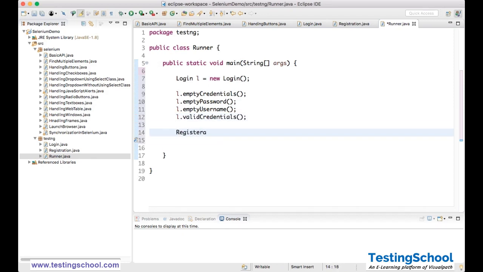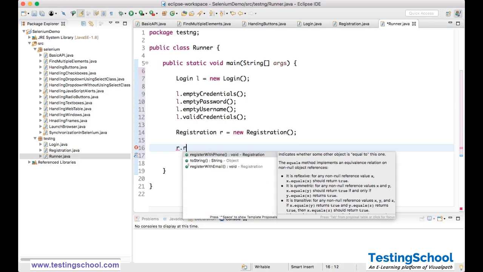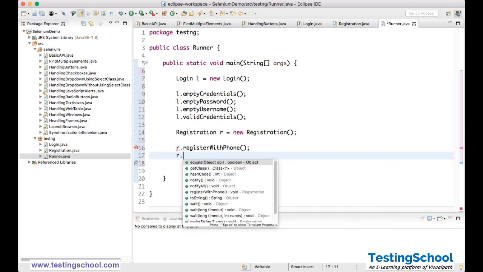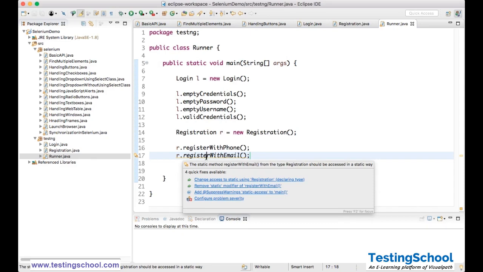Then Registration r equals new Registration, and then r dot register with phone, r dot register with email. Right? Why is it